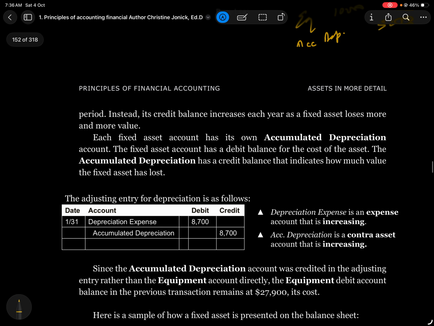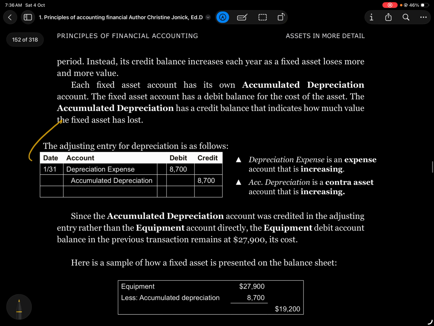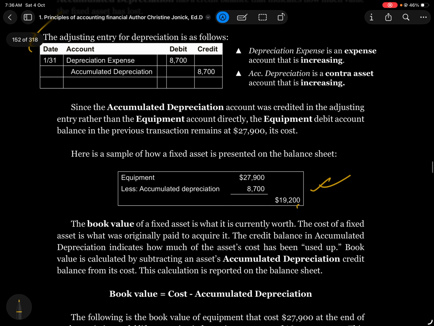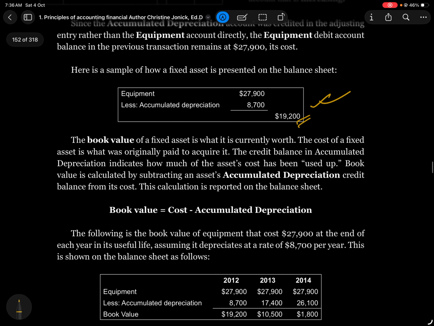So whenever we are recording any depreciation expense, we would record it like this: debit depreciation, credit, not the asset but accumulated depreciation, and in the balance sheet it would be presented like this: equipment less accumulated depreciation, and then your amount. So our book value is nothing but cost minus accumulated depreciation. So in this case, book value is